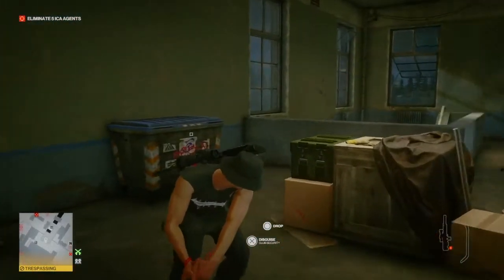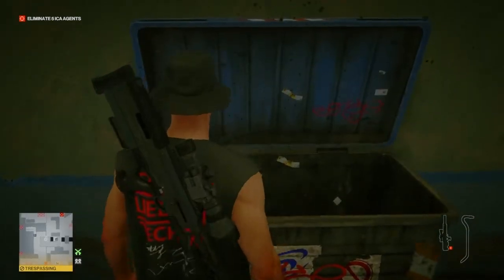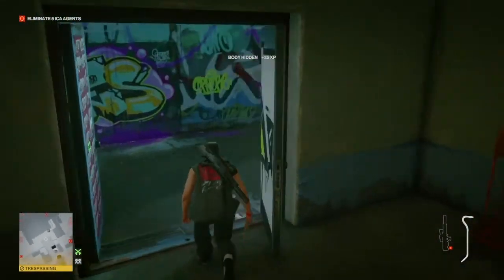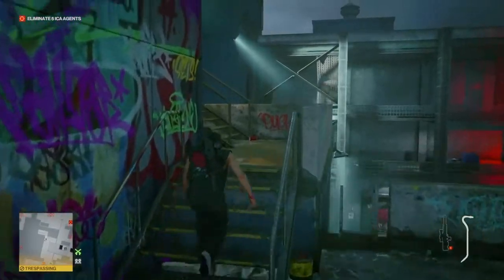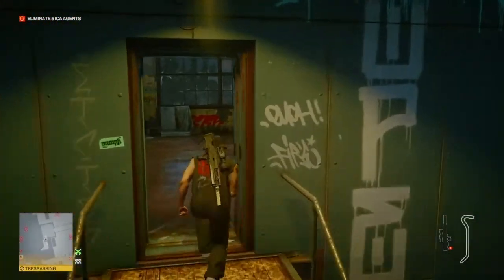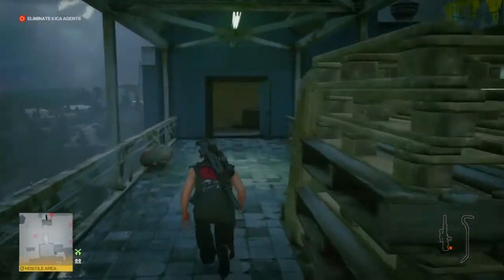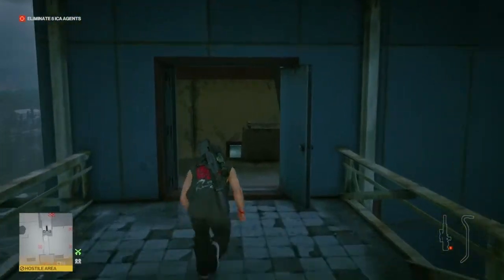So now pretty much we're all set up and ready to go, so we can now start taking out our targets. We're going to make our way out of that building, around to our right and up the stairs. We're going to go across the bridge, and I believe down one flight of stairs, and